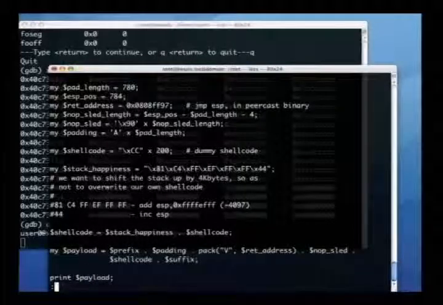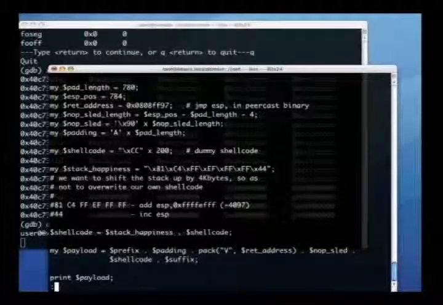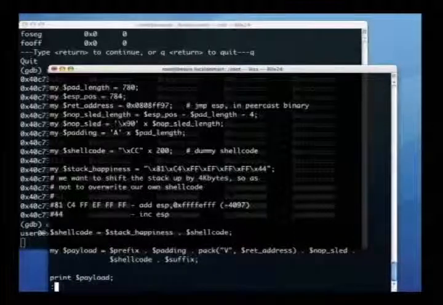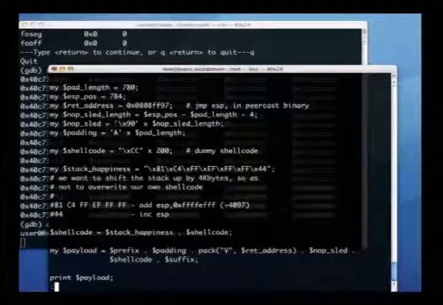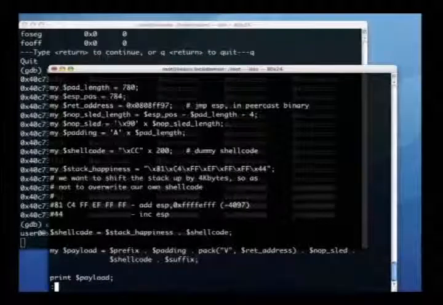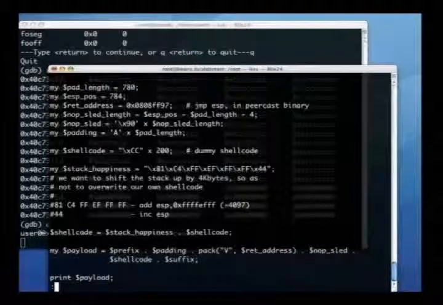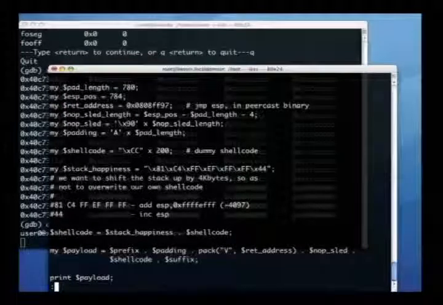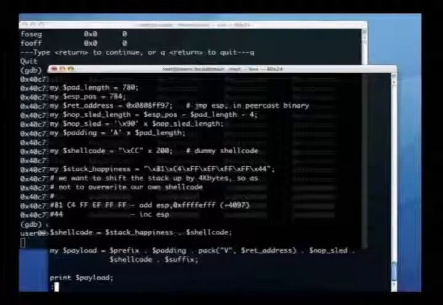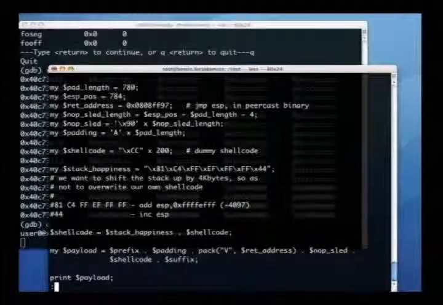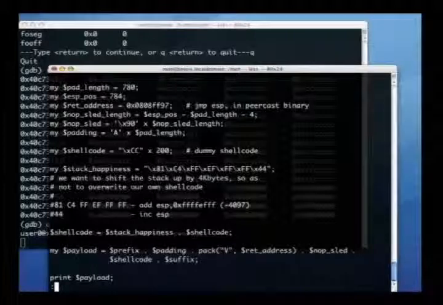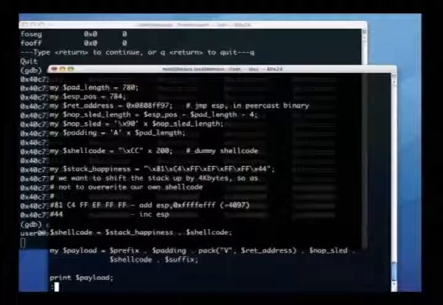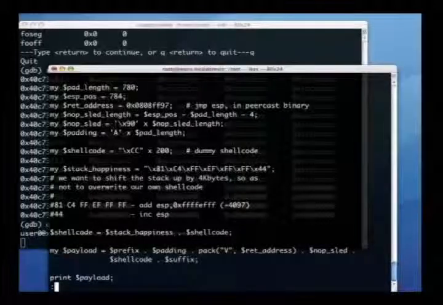That is the string 81C4FFEFFFFF44, which translates into these instructions: add ESP, 0xFFFFEFFF. Why do we want to do this? Let us say if we do a sub ESP, 4096, the word 4096 in memory will be like 0000 something something. Those zeros we can't tolerate. So what we do is we take a 2's complement of 4096, minus 4096, which will be like